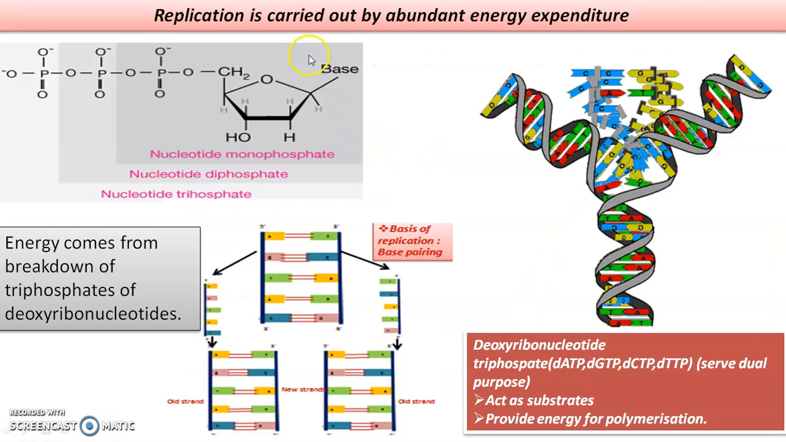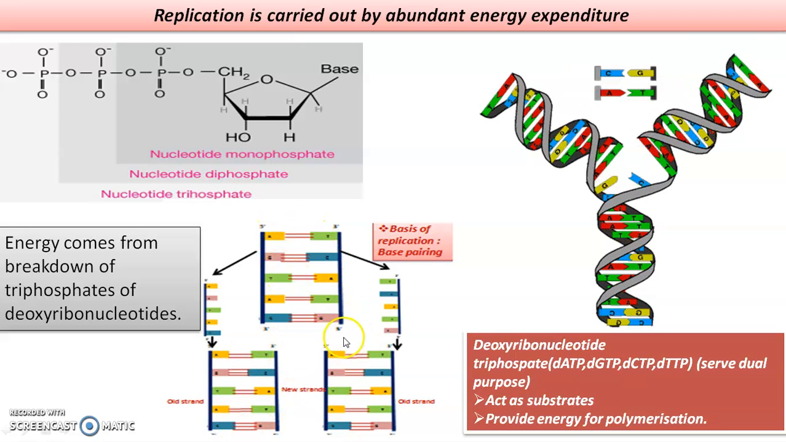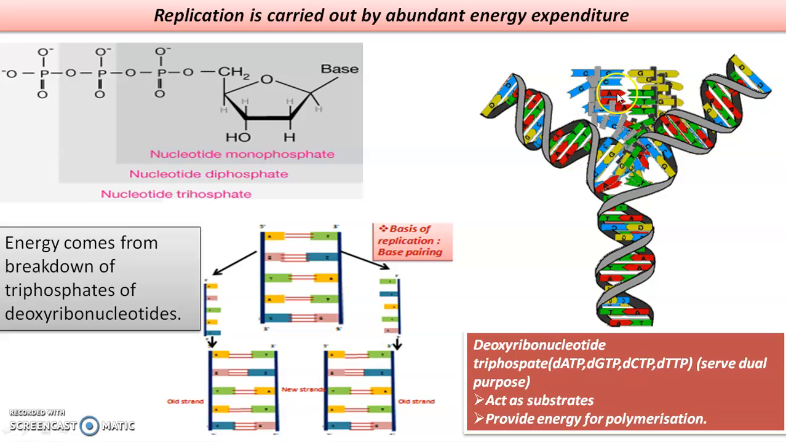Another important thing you should know is that replication is carried out by abundant energy expenditure. That means it is not passive and spontaneous. Polymerization requires energy that comes from the breakdown of triphosphates of the deoxyribonucleotides. That is why it cannot be opened up at a stretch and new nucleotides added. It has to open up segment by segment like this, because it requires energy, and it is provided by